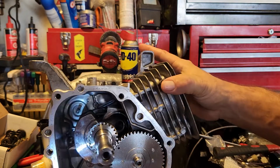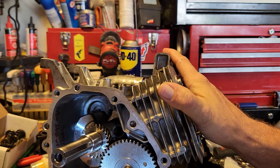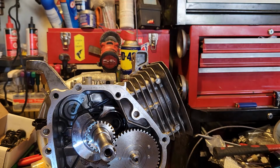I do like to sign the inside of my blocks. That way if I ever sell it, somebody opens it up and says, oh, who's this guy that built it? So, Sean from Desert Hobbies. Great. But anyway,